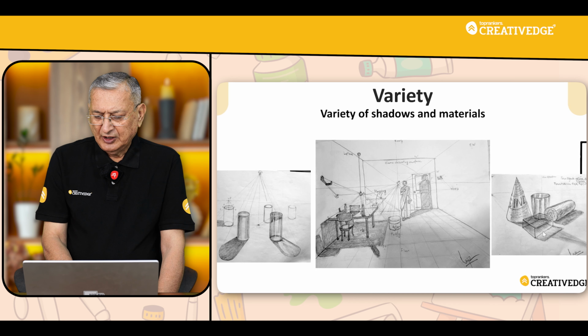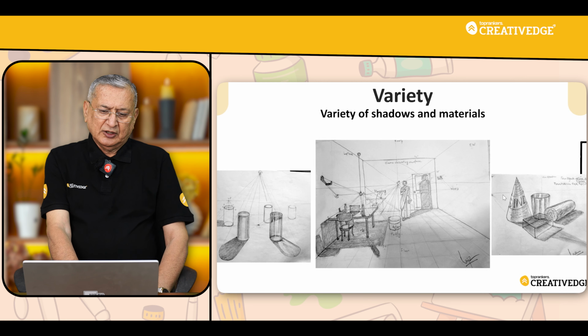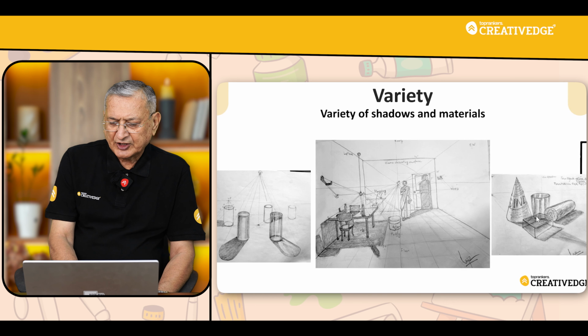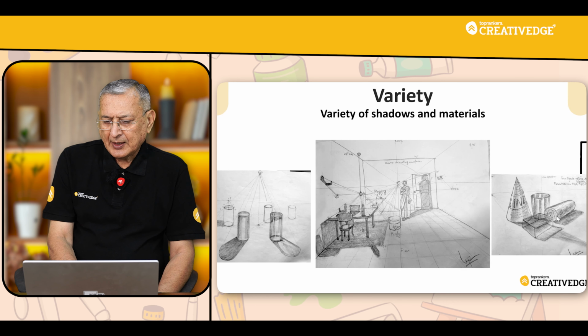Particularly look into the shadow of the glass, where the source of light is in the left corner. The glass is illuminated at its base. Okay? And the shadow is also illuminated at the base and the top is dark. The source of the light is on the left side, whereas the left side of the cuboidal prism is dark. So it's very good arrangement that I have made, particularly to show the shadow arising from such a composition of different object or material.